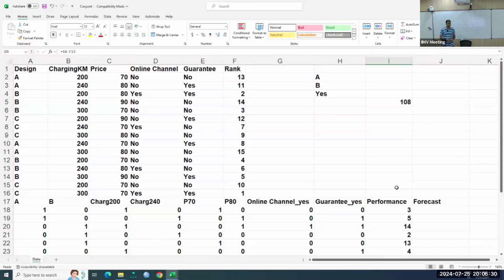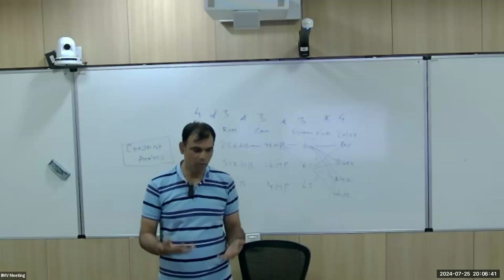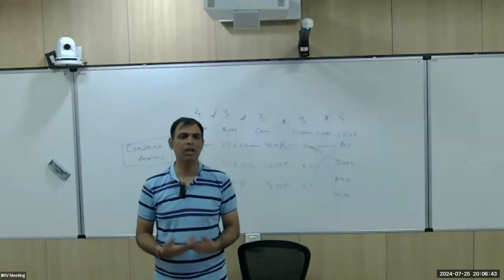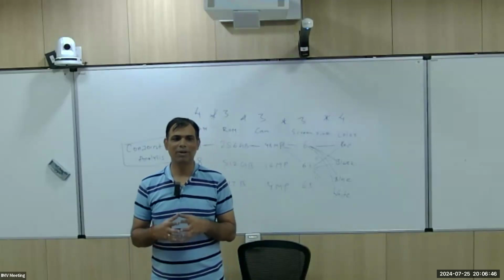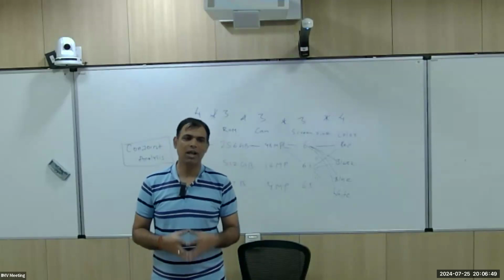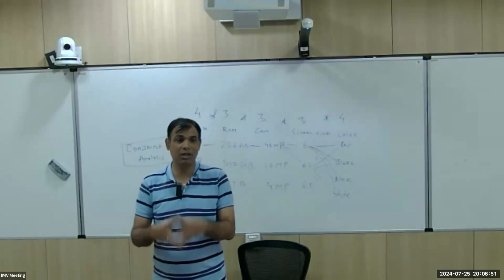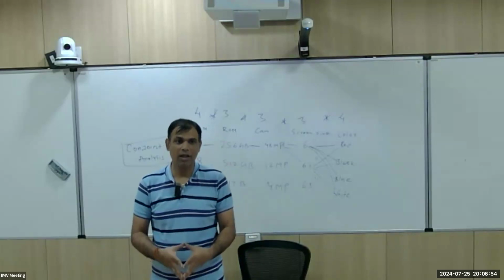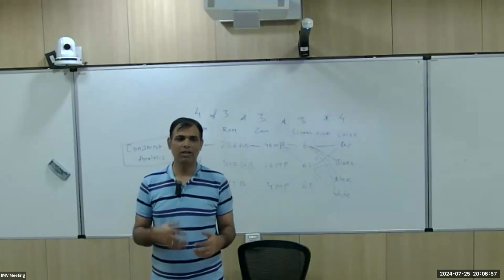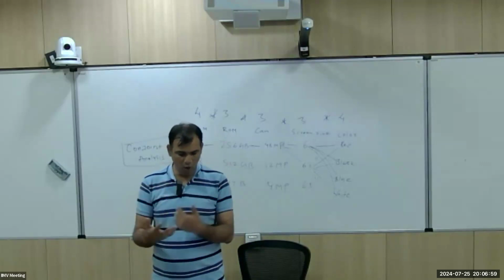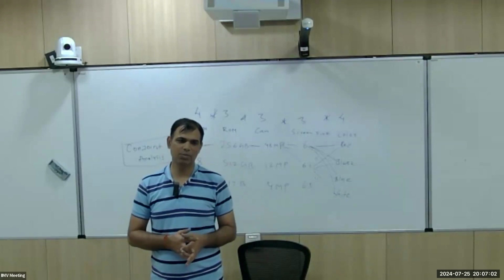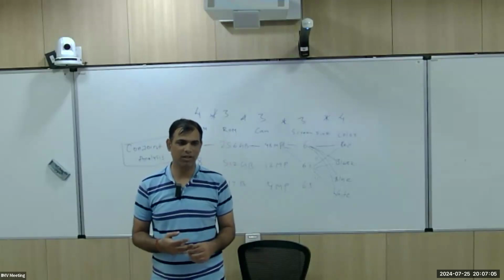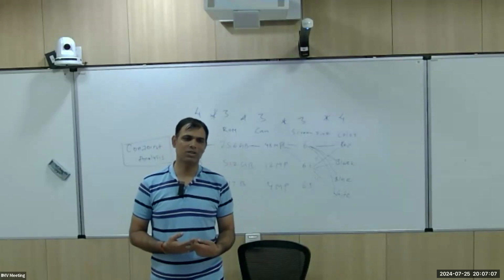Now in the next class we will try to understand how to run conjoint analysis, and after running conjoint analysis, how to interpret those results and how to come up with the optimal feature which we are looking for. So next session we'll understand how to run conjoint analysis and how to come up with the optimal features of a specific product, and then we will try to understand how conjoint analysis and product analytics are very important for a marketer to cater to the needs, wants, and desires of a